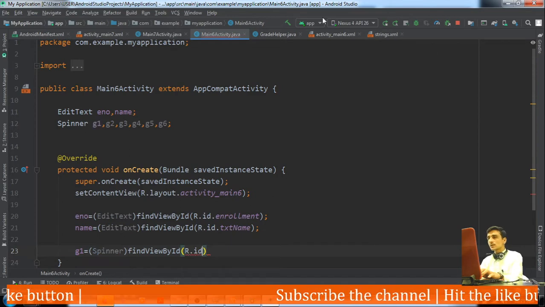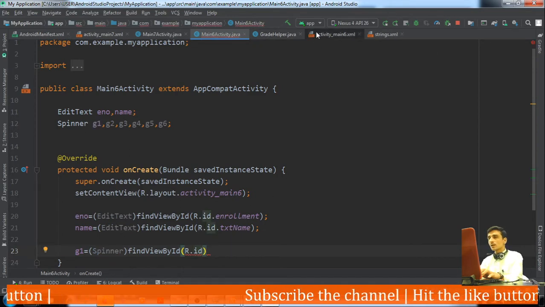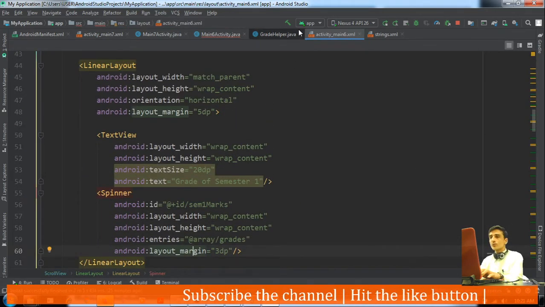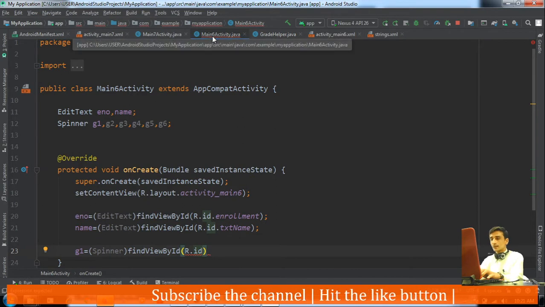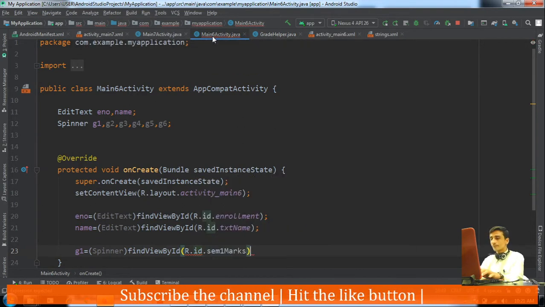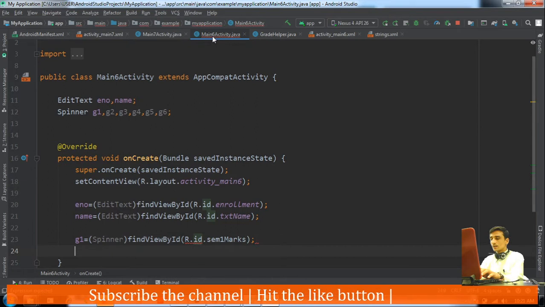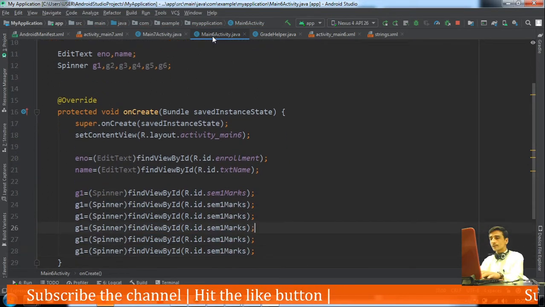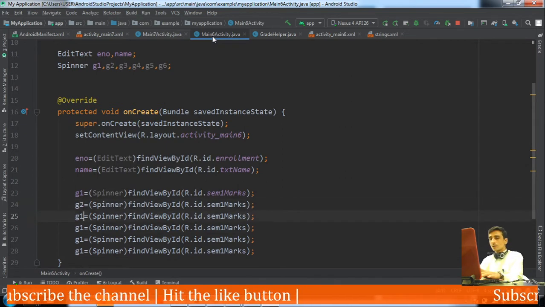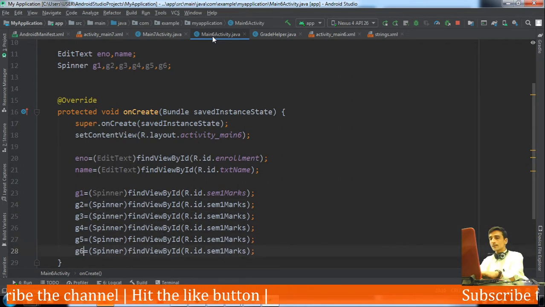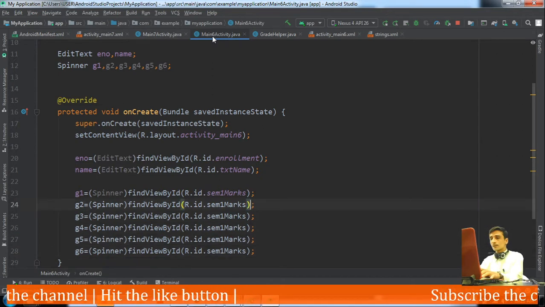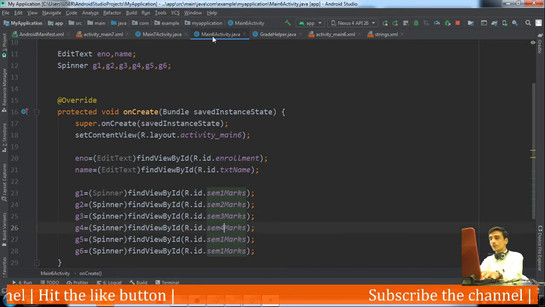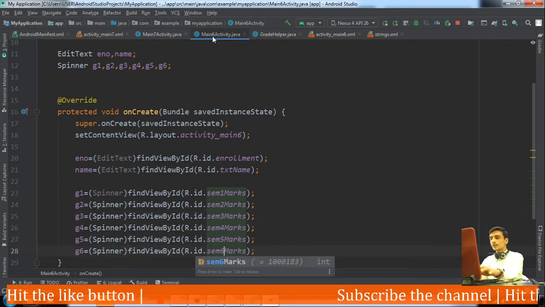It was sem1 marks, sem2 marks, like that. R.id.sem1 marks. Then very similarly sem2, 3, 4, 5 and 6.